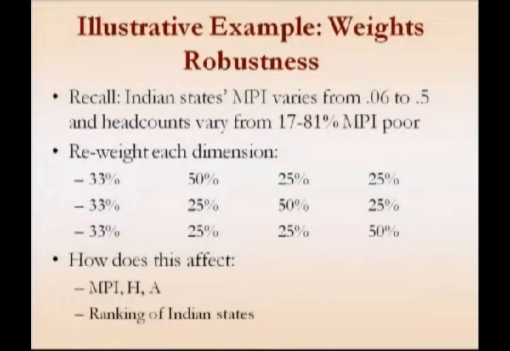Of course, weights are a normative decision, but still one would like to know how much results change. So this is just one very first example for India. This is the baseline. We use equal weighting for the 3 dimensions, a third, a third, a third. But then there is the possibility of giving, say, health 50% of the weight and the other 2 receiving 25% each, and the same with the other 2 dimensions, switching them around, giving education 50% and 25% to the others, or living standards. So the question is, how does the MPI change, and how does the ranking of the Indian